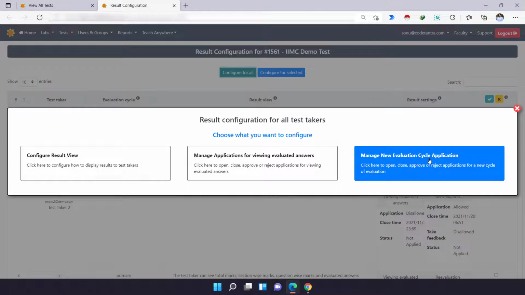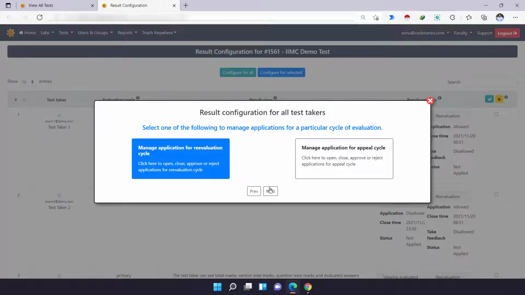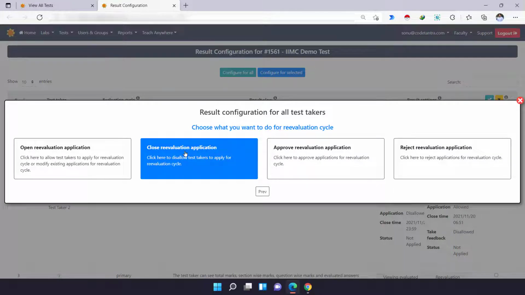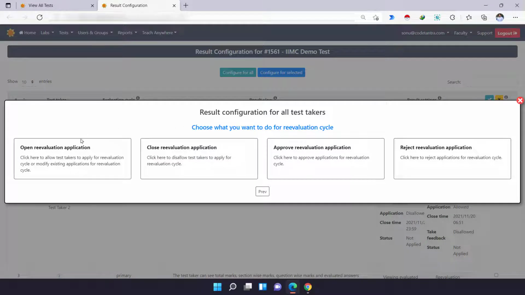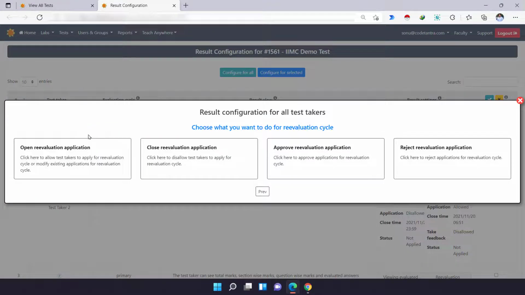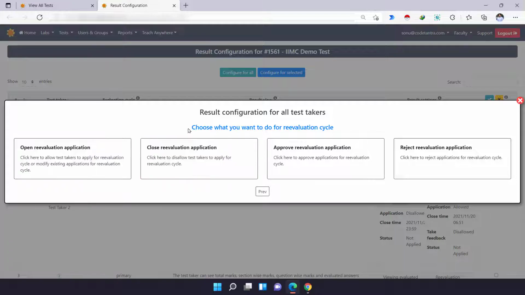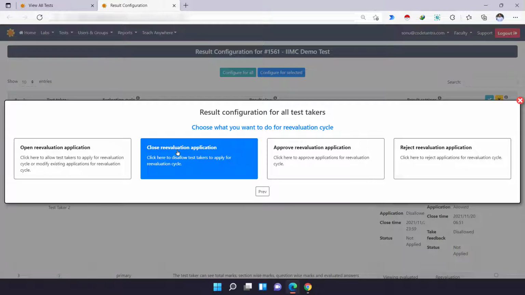Similarly, we can go with this manage new evaluation cycle application, and then we can close after a certain period of time by clicking on this close application. One thing that you should note is whenever we open, from that very point the application gets open. There is no control through which you can decide the time after which you want to open. So you have to do that at the time when you want to open it. And the same applies for close re-evaluation application also. If you remember, during the opening we were able to define the end time, and through this we will be able to close that closing time actually, which is defined here.